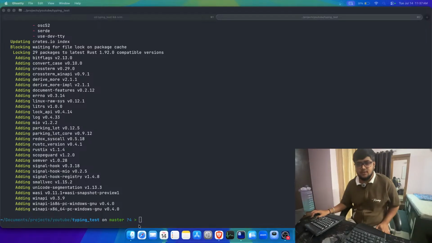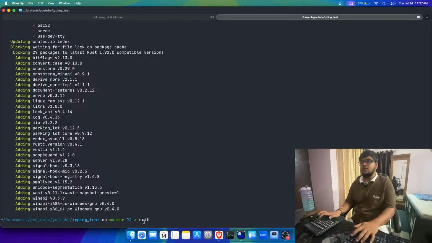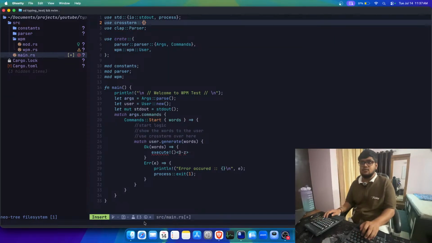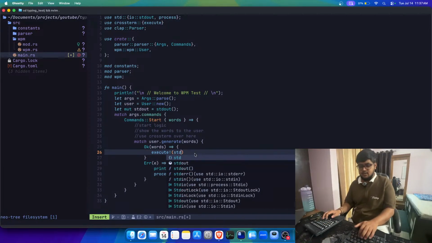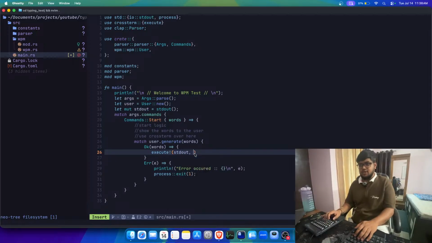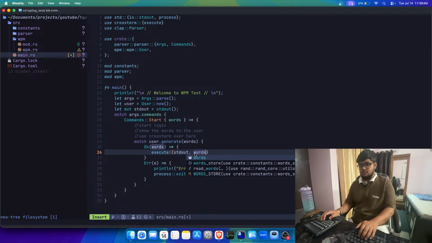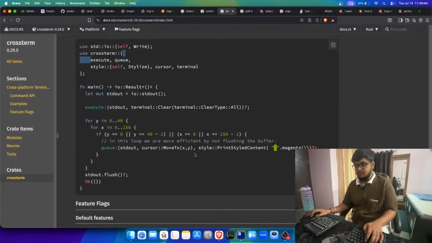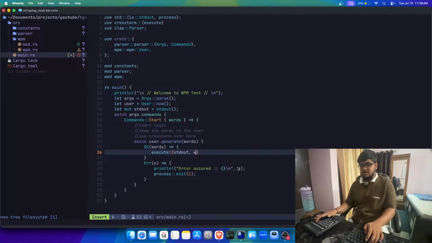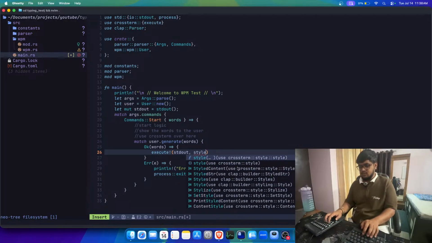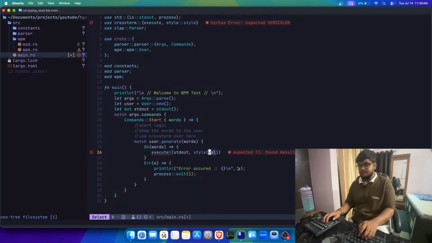Okay, let's do this. So this is installed. Let me exit this. Now I can use execute over here, and I can pass in the standard output, and here I can just say words, right? Print styled content. I have to use print styled content as well, because of the custom style, because I want to make it like this, right? So I have the style, and